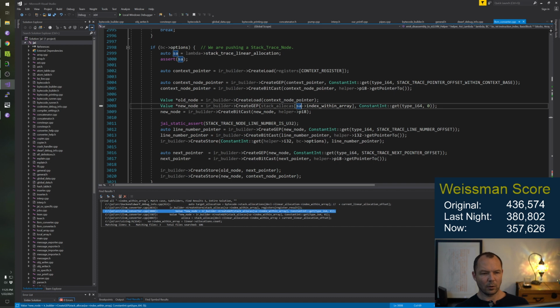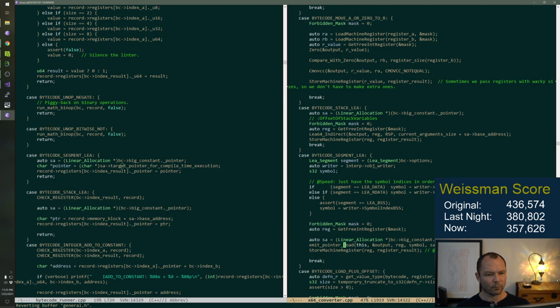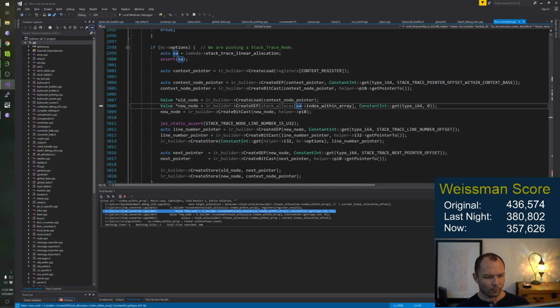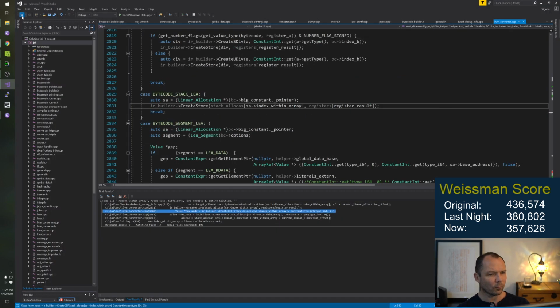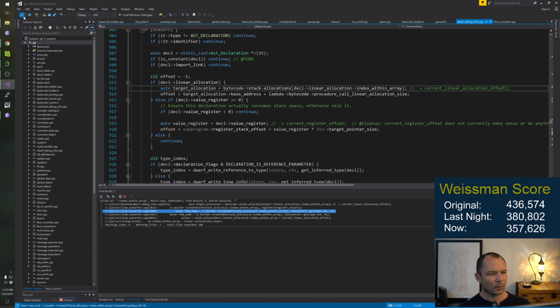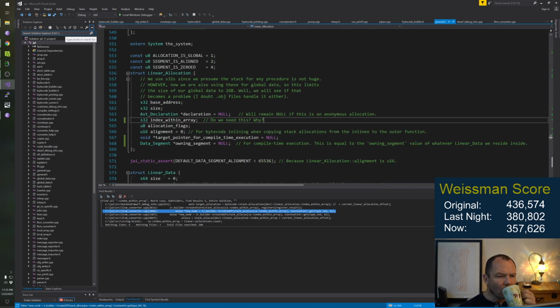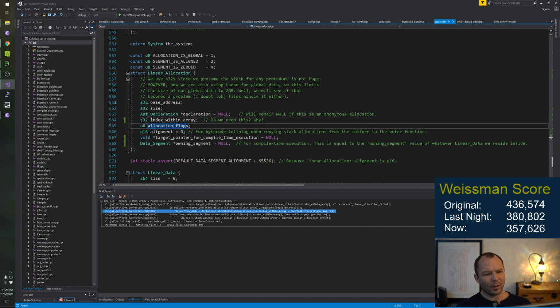Okay. Let's make a hash table, bro. But it's not that big. So we probably need the allocation flags, alignment. Meh, we could use that. We don't have to have it. Actually, no, we'd rather not have it.